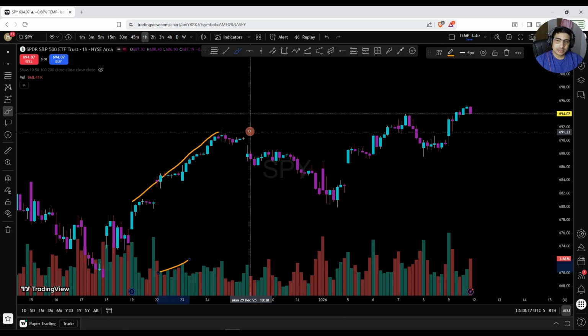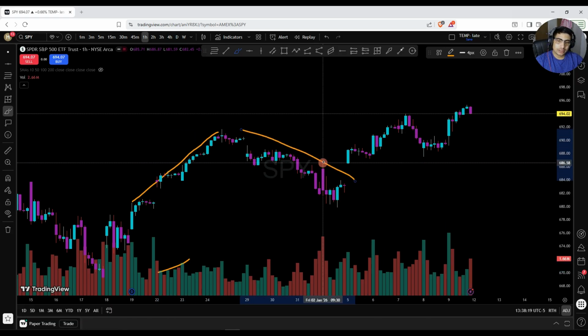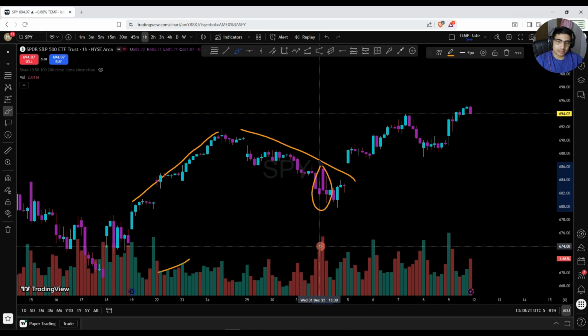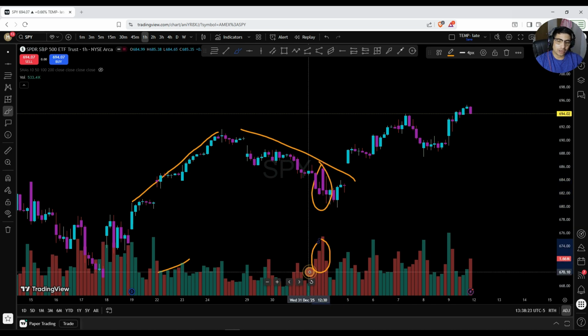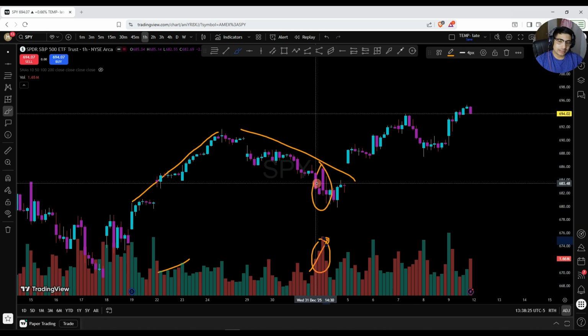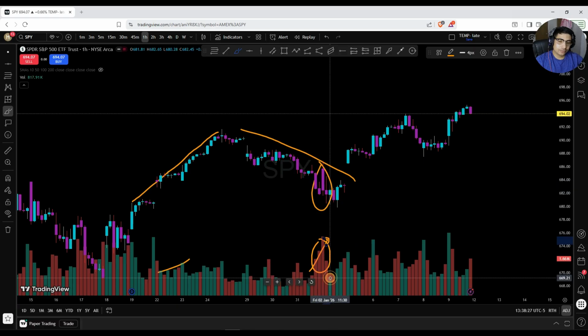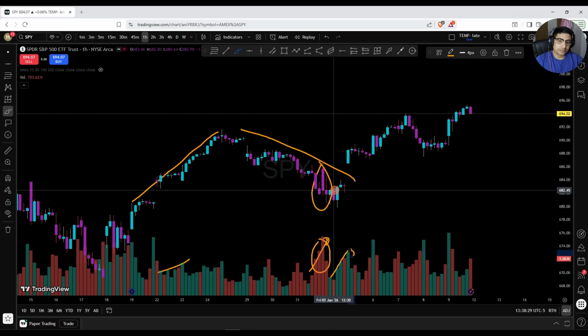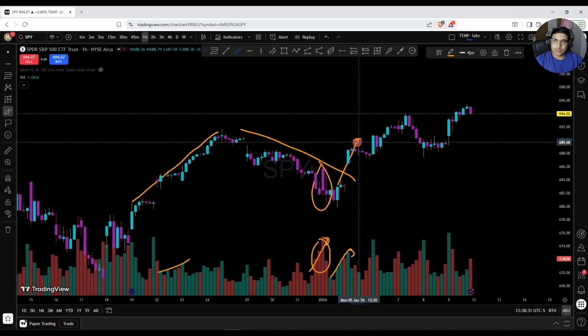So now you can see here the market went all the way down and it went big down because this is sell volume, which is a red volume going up. So this is exactly the same thing that's happening. Now your buy volume increases, so the market increases. So the volume is very crucial at this point.